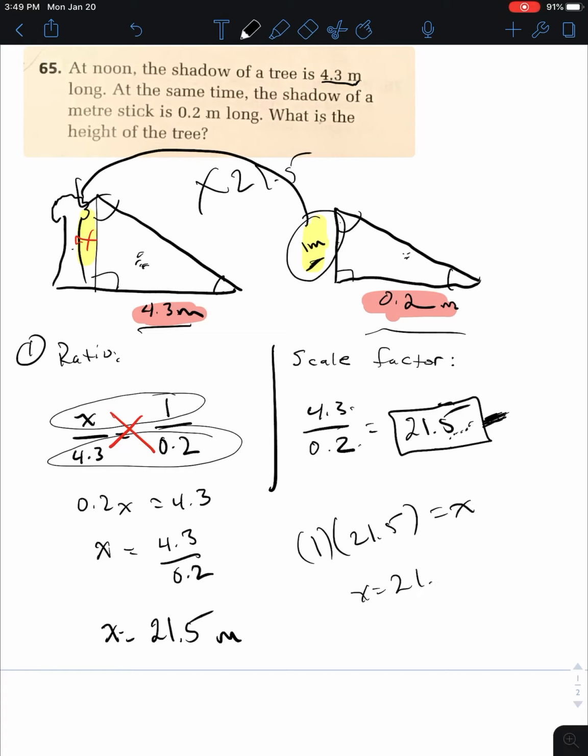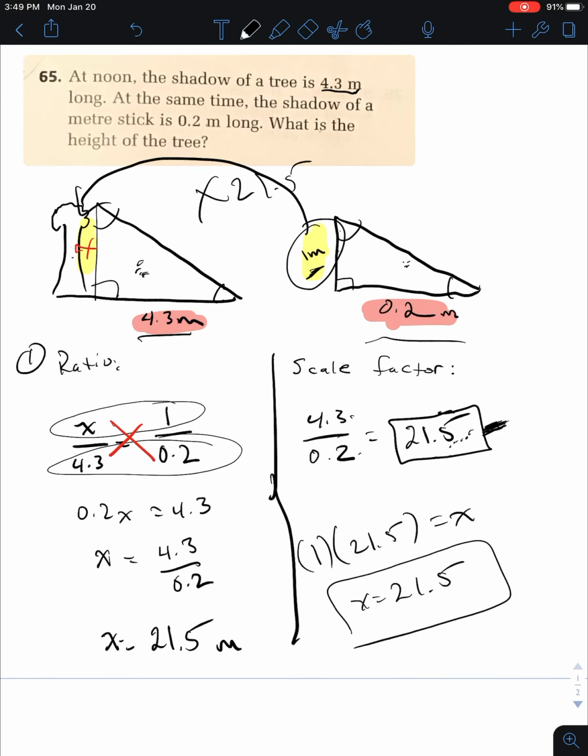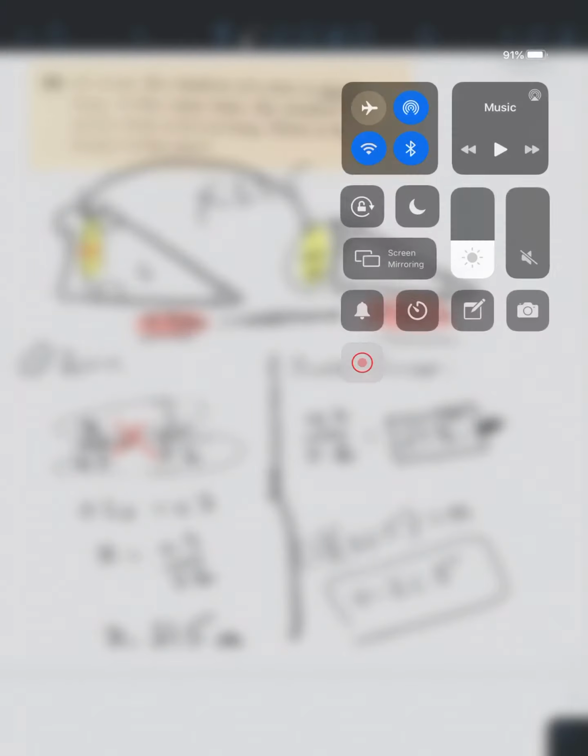Now, which of the two ways would you prefer to do? Well, for that one, the scale factor would be. Yeah, and I think most of the time for the similar triangle questions, scale factor is going to be the way to go, right? You could find it pretty easily, right? You just look at these two, and you can figure